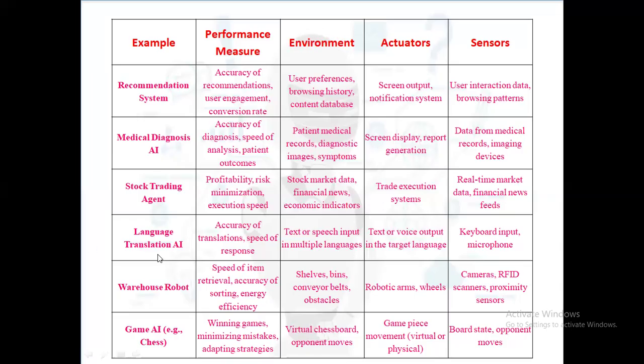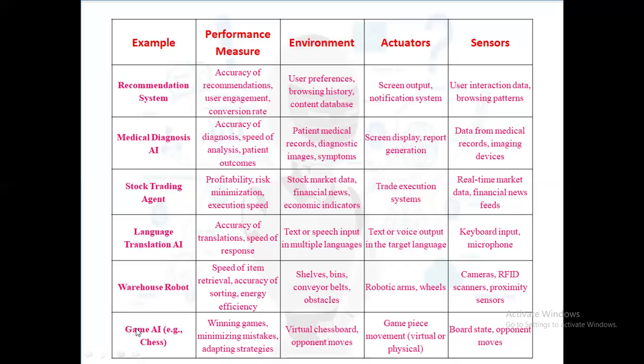Next example is the language translation AI. The language translation AI works in an environment of multiple text or speech inputs. Sensors like keyboards and microphones capture the input, and actuators like text displays or voice synthesis generate the translation. Its effectiveness is measured by the accuracy of translation and the speed of response, making it useful for breaking language